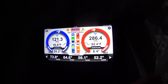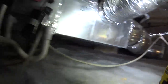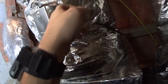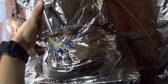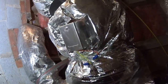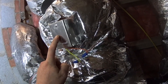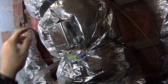What I have found over here on this zone damper for the sunroom is that this damper was locked into the closed position and it did not want to let go. I forced it and I could hear it grinding things, which is probably the plastic gears on that damper. It would make perfect sense that if the zone damper was not opening and that zone was the only zone calling, that the system would definitely want to freeze up because it's not